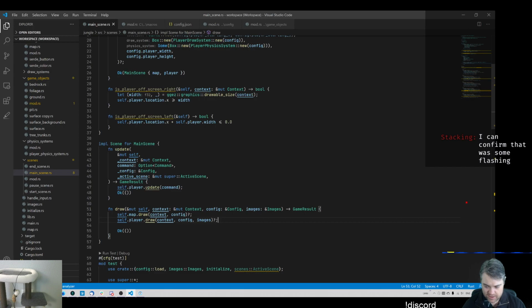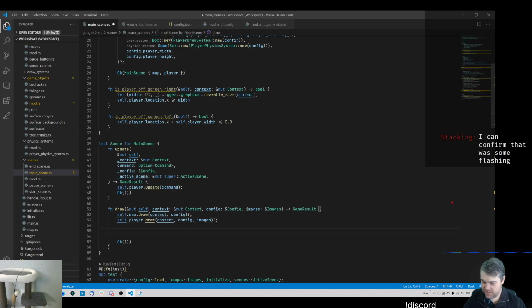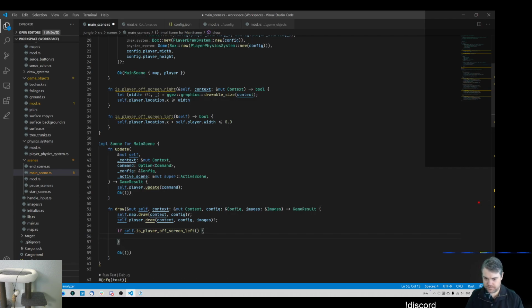After we update the player, we'll be able to check, okay, if self.is_player_off_screen_left, for example, then we want to update the map index one to the left. We can't do that right now because we don't have any map to go there. So maybe left is the wrong one to do. Maybe we should do right. Okay, so if we're off screen to the right,